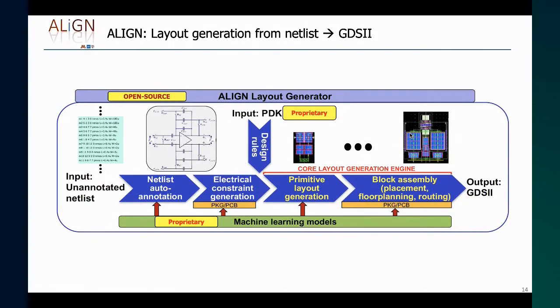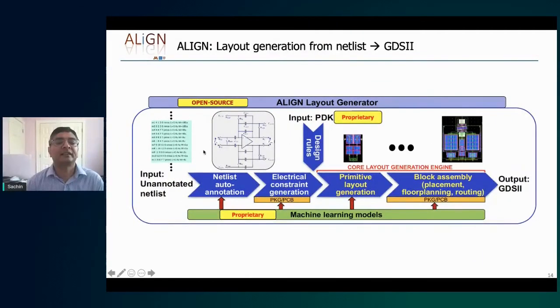Okay. So the overall approach in ALIGN looks something like this. Our input is a netlist, and the netlist may not have any annotation. It may just be a SPICE netlist, so we need to detect the hierarchies in that netlist. Our output is a layout in the form of GDS. So if I have a netlist of this sort, the first thing I need to do is to recognize the components of that netlist, which would be, for instance, a circuit schematic of this sort. We start over here. In case we do have the schematic, we can actually use that information. But in the most general form, we'll start from here and recognize the components over here.